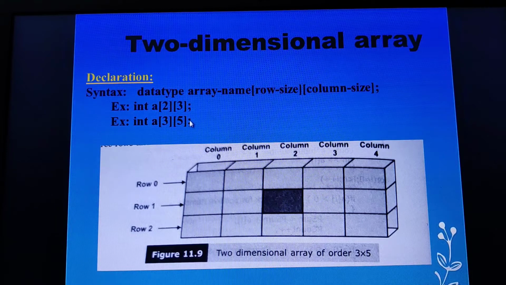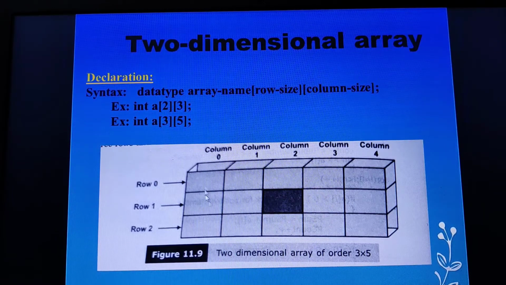So what is the order of this particular array? That is M into N, 3 fives are 15. The order is 15. What would be the order here? That is 2 into 3, which is 6 elements. In total, 6 elements can be stored here and 15 elements can be stored there. I hope you are able to understand.